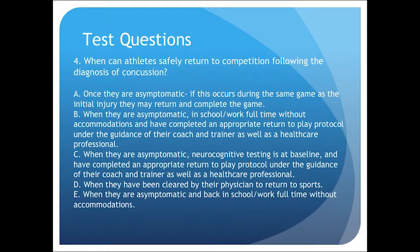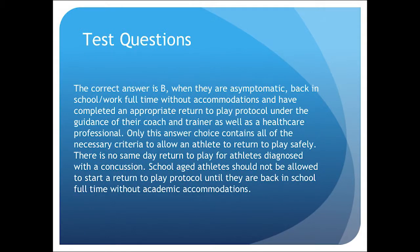When they've been cleared by their physician to return to sports, that doesn't sound right, that hasn't been long enough. When they're asymptomatic and back in school and work full-time without accommodations. That also doesn't sound right, right? So B, when they're asymptomatic, back in school, work full-time without accommodations, and have completed an appropriate return-to-play protocol under the guidance of their coach and trainer, as well as the healthcare professionals. And remember that any school-age athlete should not be allowed to start a return-to-play protocol until they're back at school